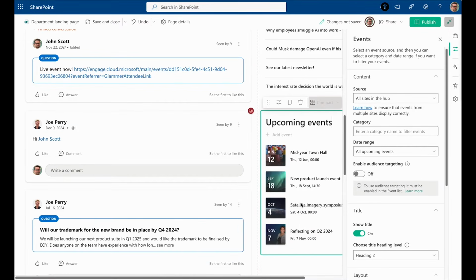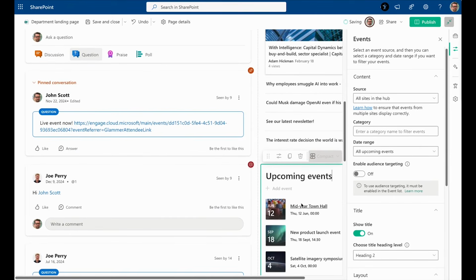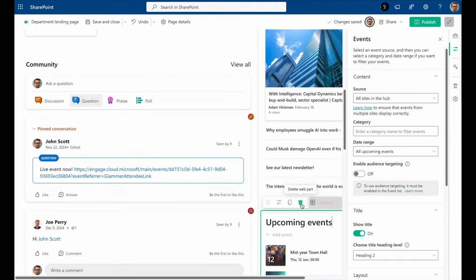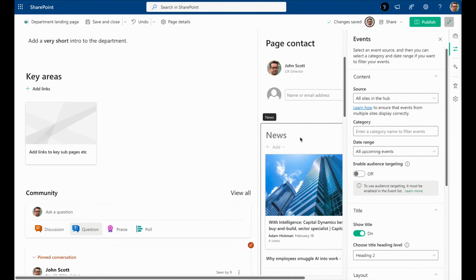And now the idea is that every department would use this template as a landing page in order to make it nice and simple for employees to navigate. But there would be some cases where a department might be small, they might not have any news or events and things like that. In that case, they would be able to remove those web parts, but otherwise keep the layout the same. That's the idea. You might not use everything, but you'd keep the consistent layout and positioning of elements.